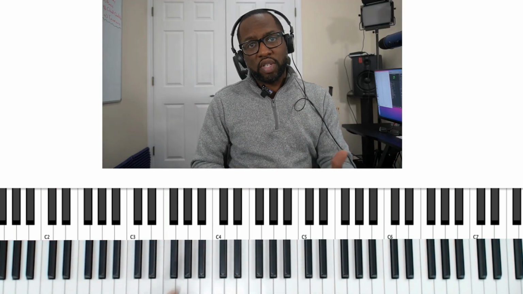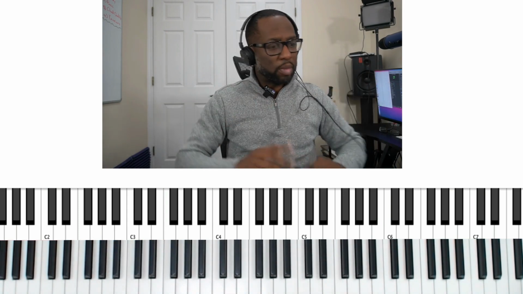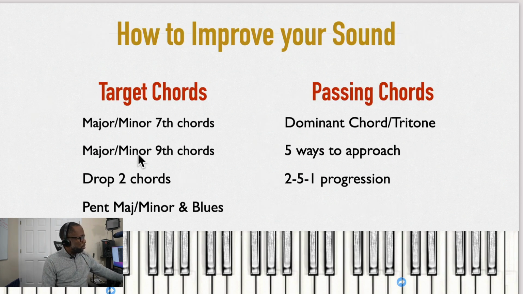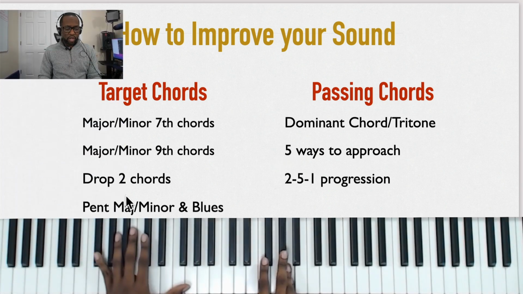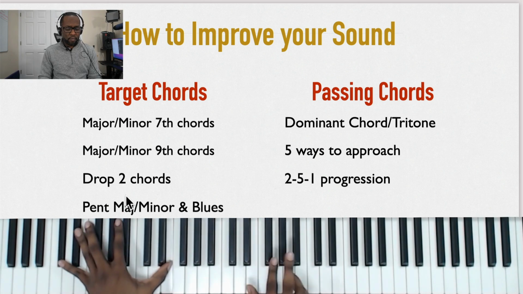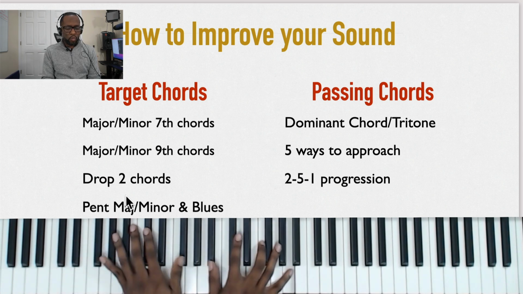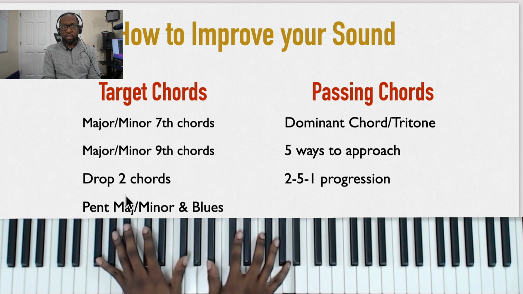Moving up to the next stage on how to play this improv as a competent level musician, which is a stage that I have in my own course in a roadmap. And I call it competent simply because it adds things like 7th chords, 9th chords, basic drop 2s, tones, and different ways to approach a chord. So again, whereas at the beginner level, advanced beginner, I'm doing, I may go something like that. See, that's an approach.